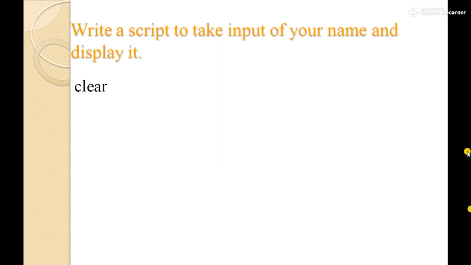Firstly clear is used to clear the screen. Echo minus E, enter your name. Enter your name is the message that is displayed on the output screen to the users, so that the users know what they have to input. So echo minus E, double inverted comma open, enter your name, double inverted comma close. Echo is used to display this message, and minus E is used to display it into the new line. And after that we will take the input.